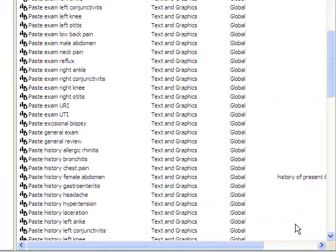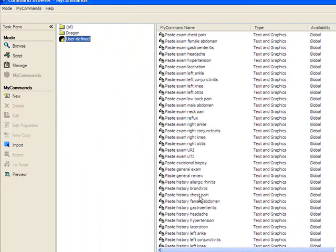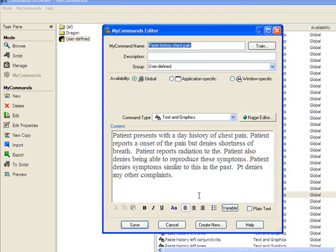So these are all commands that, when I'm dictating, if I want to insert the general exam or paste history of chest pain, as in right here, you can just say that, and Dragon will put in the text that is part of the macro. And let me show you what that looks like. I'm going to open this